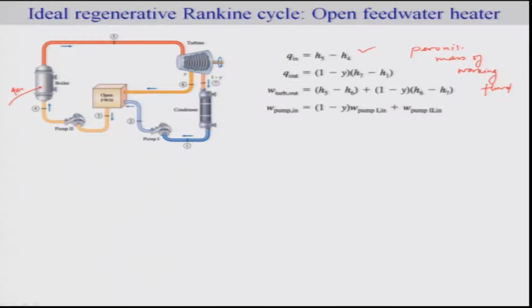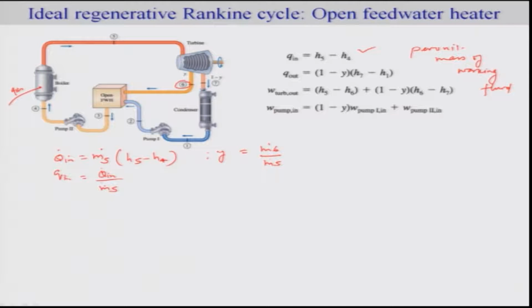If you want to find out the total Q in dot, it is going to be m5 dot times H5 minus H4. Okay. Considering y as m6 by m5, this is the stream extracted at intermediate pressure. Okay. So, per unit mass of working fluid, Q in is nothing but your Q total in divided by